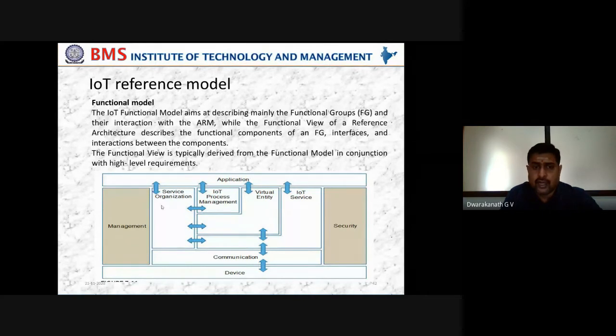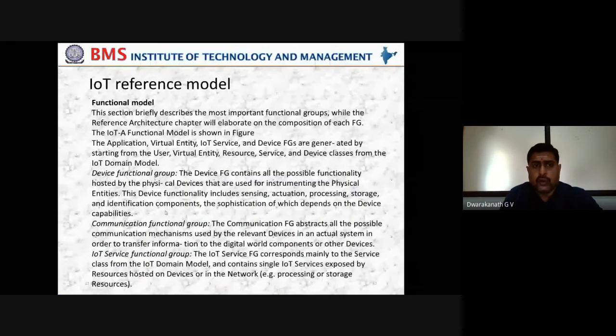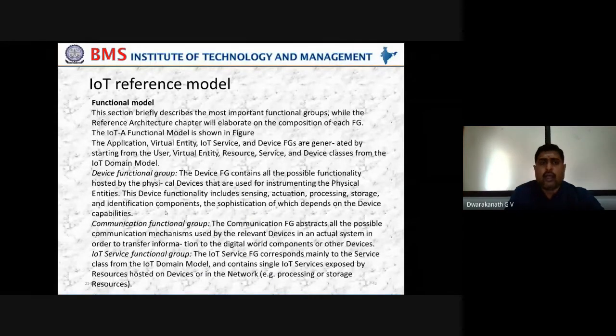Finally, you do service organization, and the application will be generated from all these components. Meanwhile, the cross-layer approach will be there: from communication to this, management and security will be applied to all the stages of these functional groups. Now, when you go in depth into this particular thing,